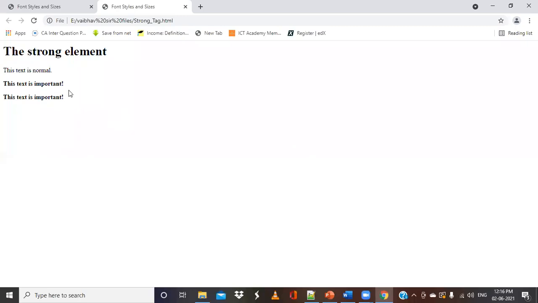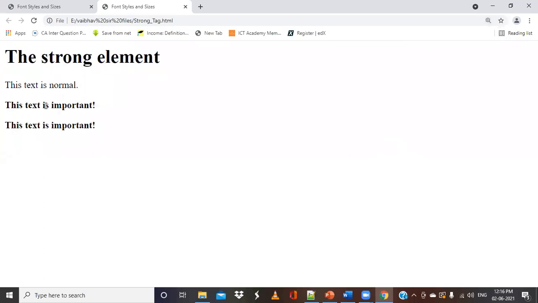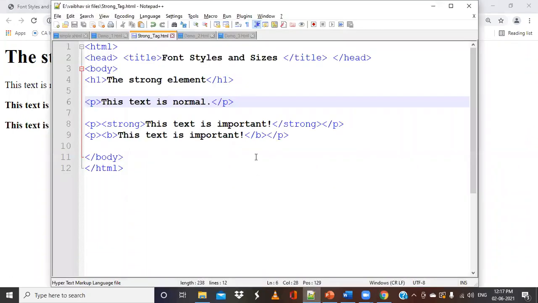You can see that it is appearing in the same way, let me zoom in. Both the bold tag and the strong tag give the same kind of information, so you can use either one. And this is the normal text without any bold or italic. You are going to create such simple programs of your own, put in the information and run them. So we'll take the next example.